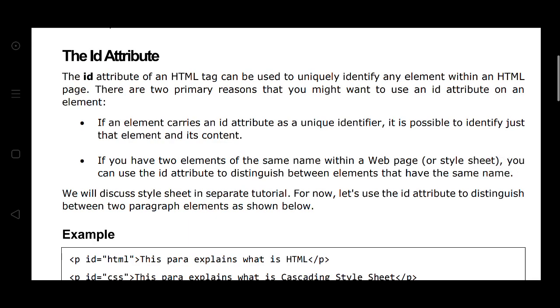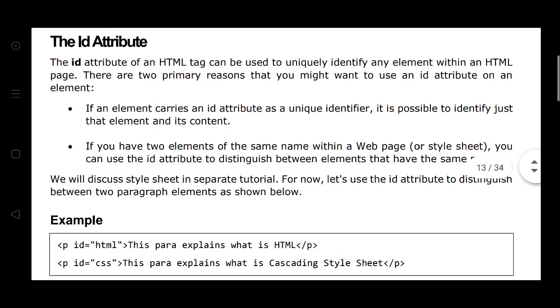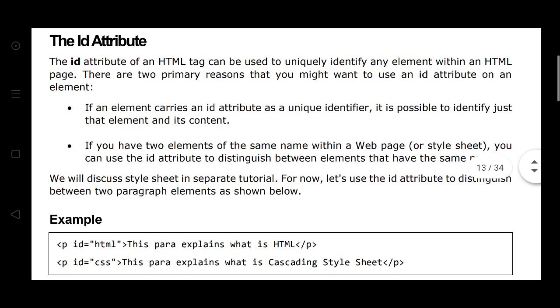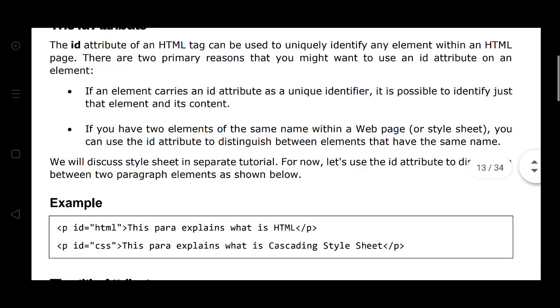There are two primary reasons you might want to use an ID attribute on an element. The first is that if an element carries an ID attribute, or unique identifier, it is possible to identify just that element and its content.